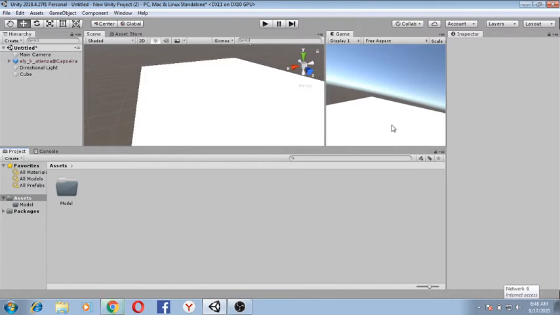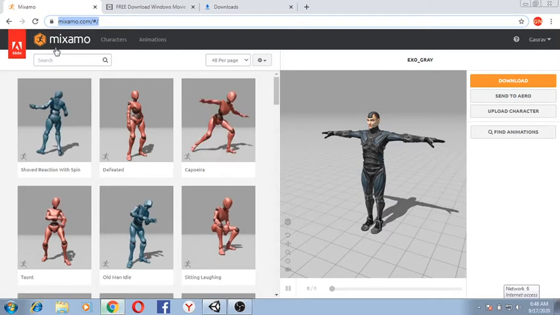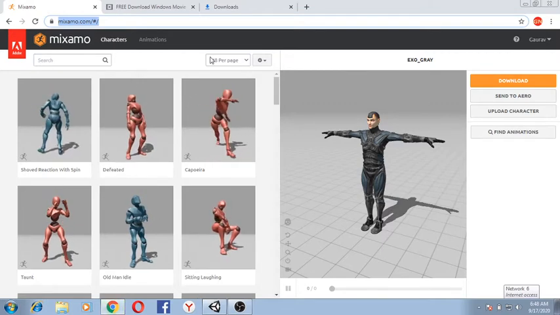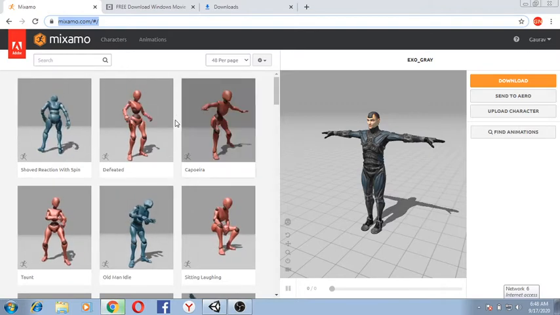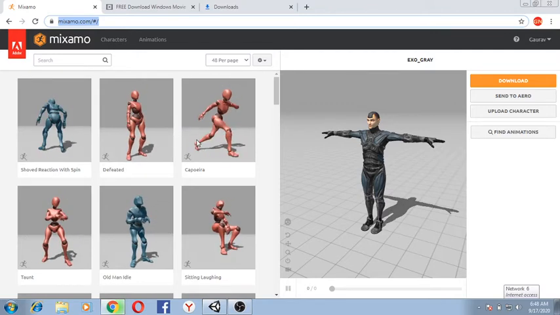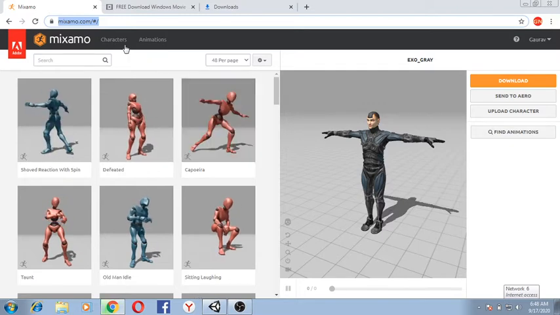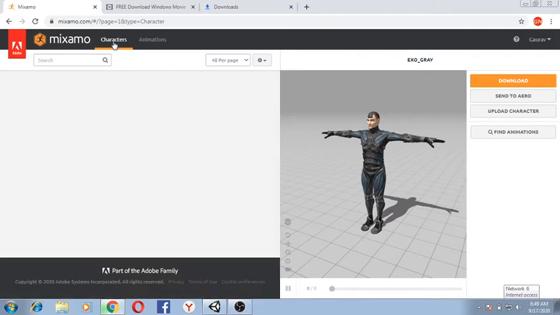Now for importing the character, we can make use of an online platform, the name of which is Mixamo. What you have to do is first sign in and register your profile on this platform, and after that when you sign in to your dashboard, you will come across a screen like this. Now you need to come to this characters option first,